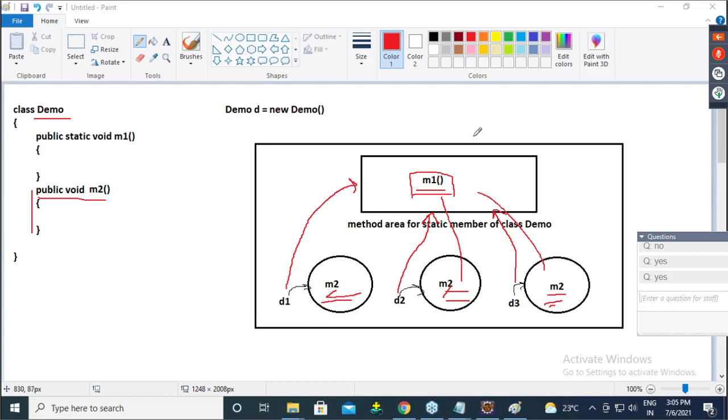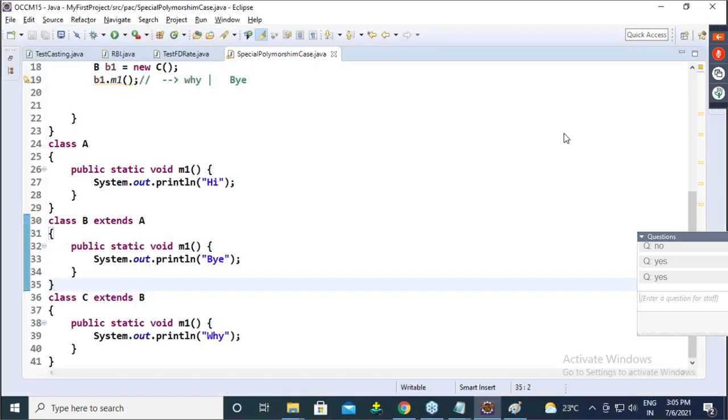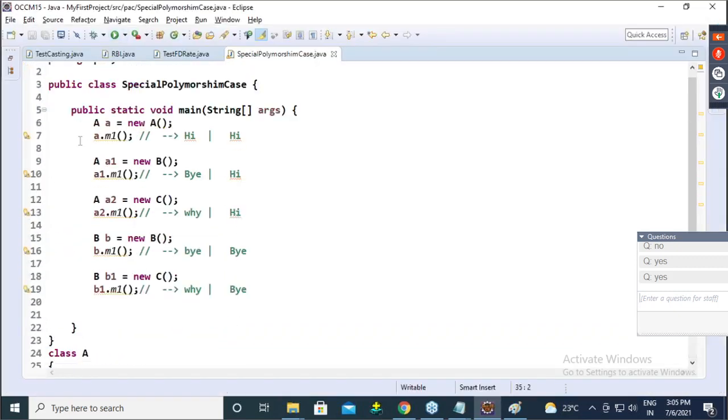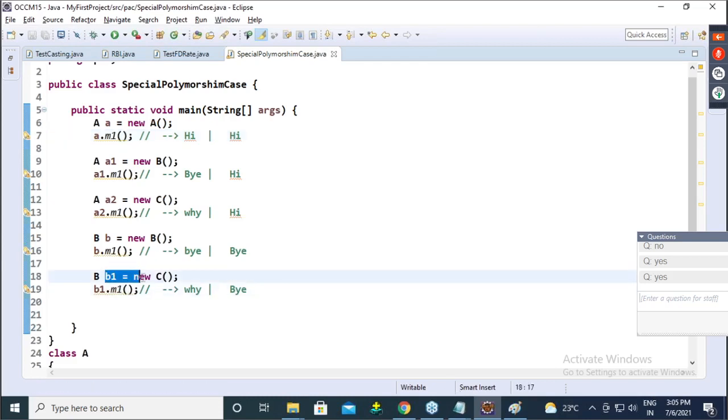Now, Sunita, let's come to your part. Guys, Sunita is asking, sir, what is this yellow line? These yellow lines are warnings in Eclipse. Warning means Eclipse is giving you a warning, guys: hey boss, you are a wrong programmer, you are not aware the method is static, you have no need of an object. That suggestion that fellow is giving. Don't think the yellow line is an error.